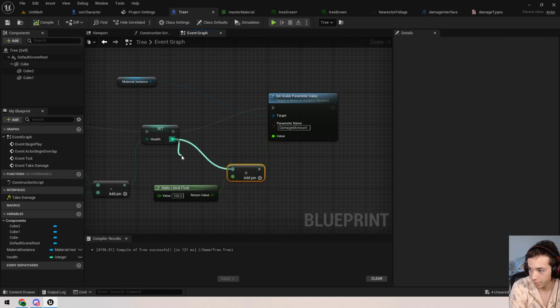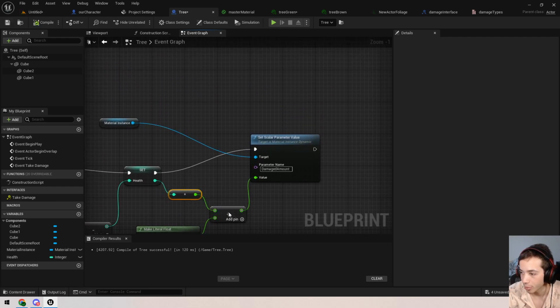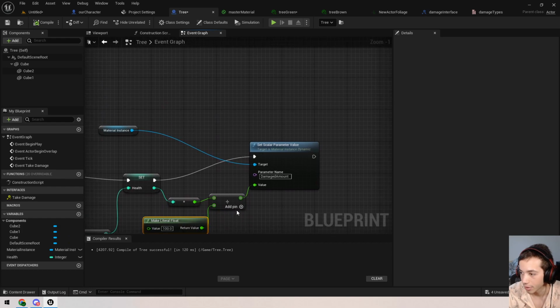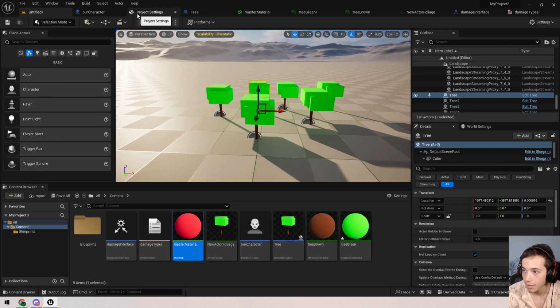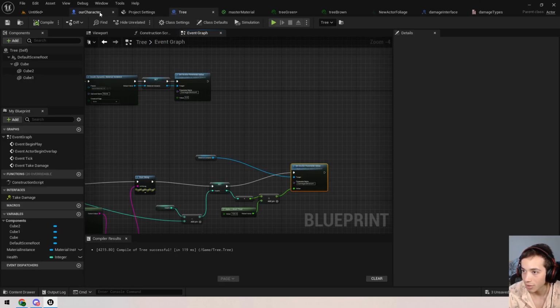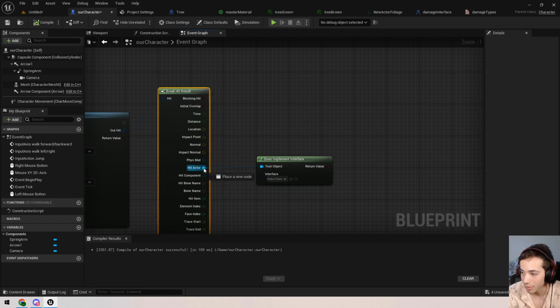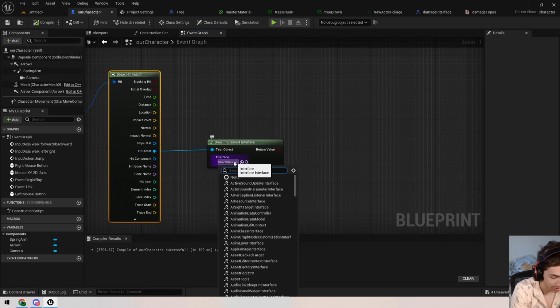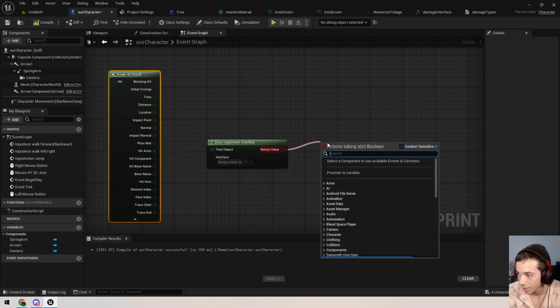To float. Let's make sure that this happens in float math, so it's 100.0 divided by 100.0. And okay, now we don't have a way to take damage on the trees yet. So back to the character. This is when we hit something with our gun. If the object implements the damage interface that we just made,